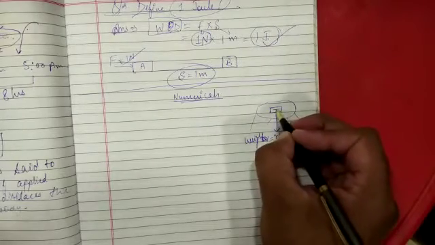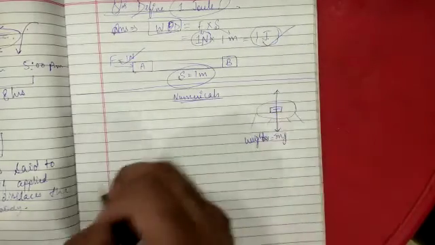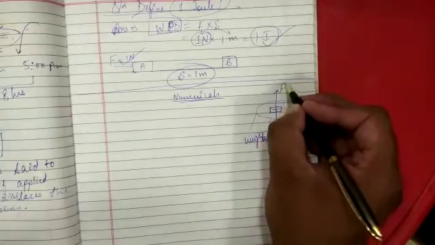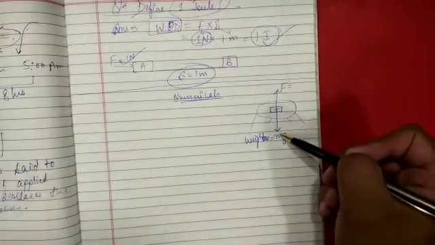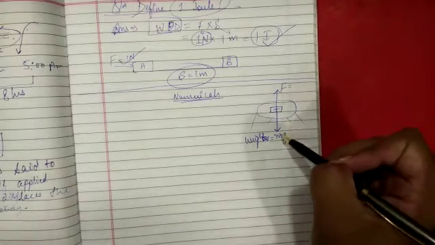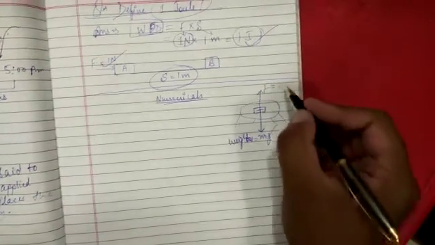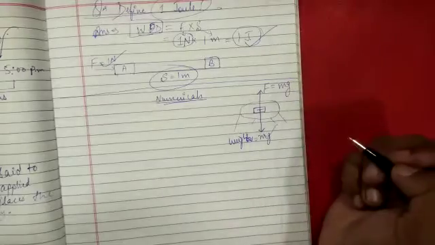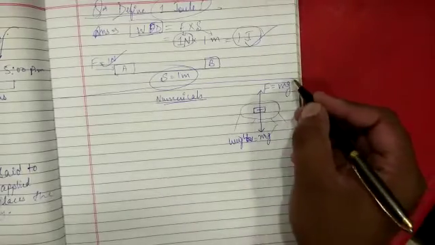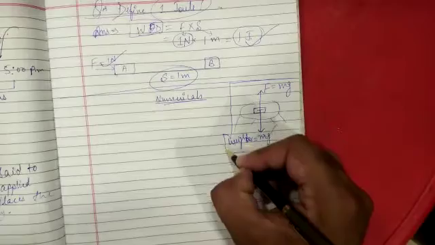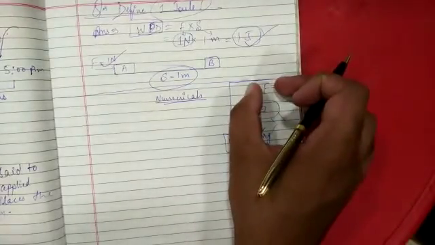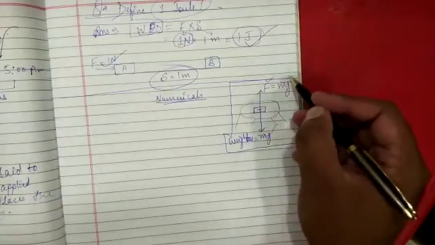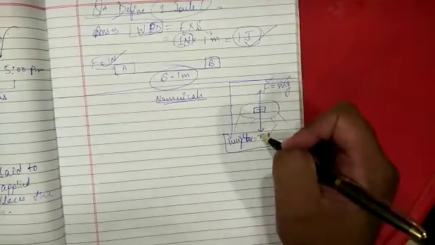Now to pick this book up, I have to apply some force. Hopefully by now you understand that the force must be equal to this weight. If not, you are unable to pick the book. Keep this concept in your mind forever: whenever you want to pick anything up, you must apply a force equal to the weight of that thing. Now let's proceed to the numericals.